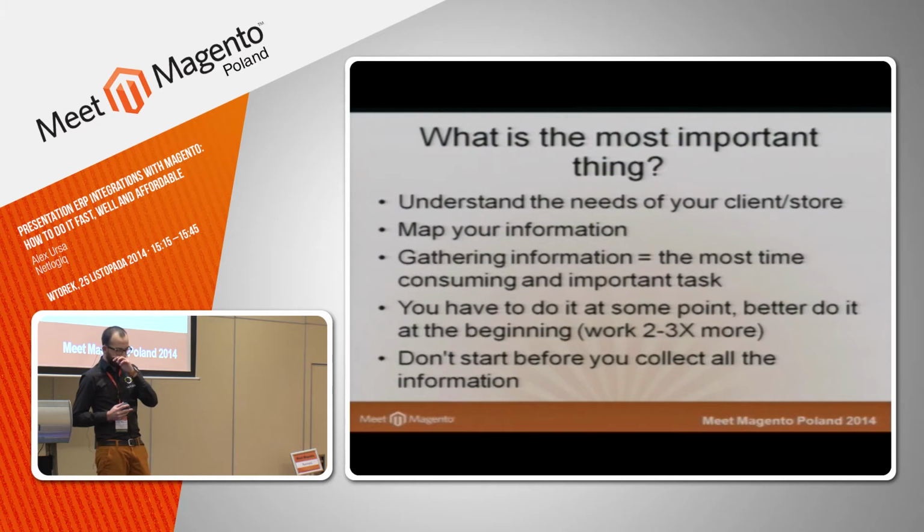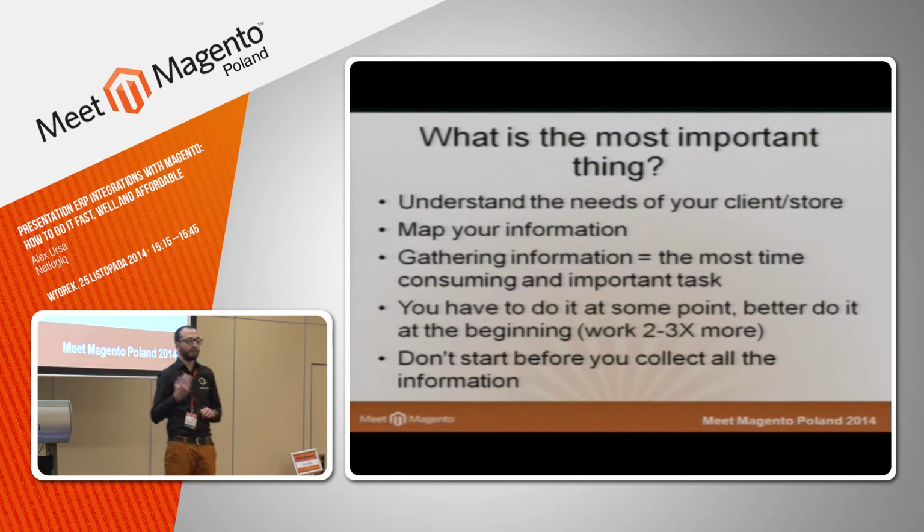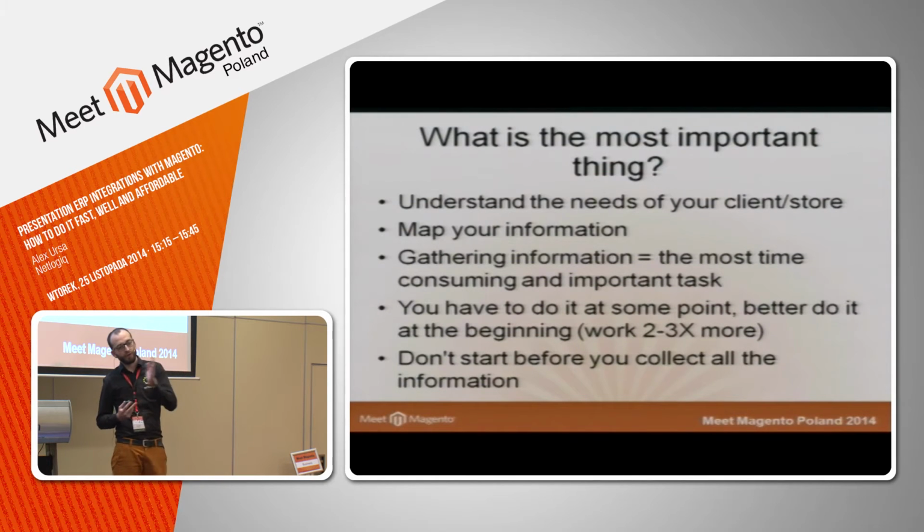What is the most important thing, actually? Even if you're a developer, the most important thing is to understand what you need to do, what your clients need. So I'm always spending around 20% of the time in this kind of project on mapping the information that I'm going to transfer from the ERP to the site and back. Like, I take everything. Because, for example, if you just leave it like an address, maybe some of you say, okay, I will just synchronize the address from the order. Actually,